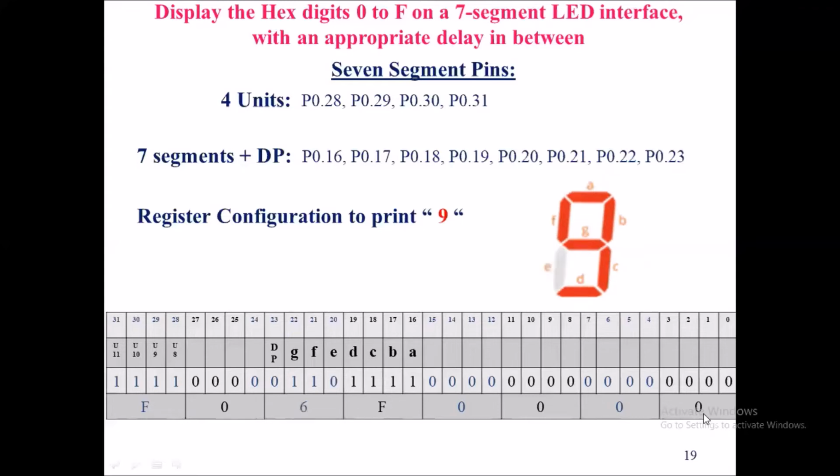So then 9. So to display 9, all the segments should be activated except the E segment. So that's why I have written 0 across E. So then the final register configuration is 0xF06F40. Then to display the character A, we need to activate all the segments